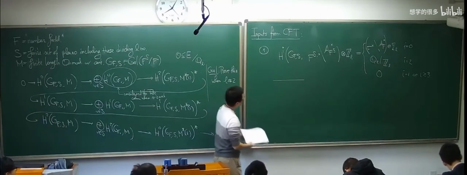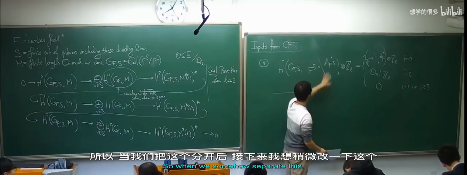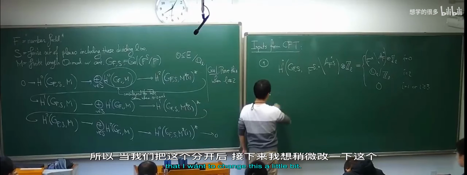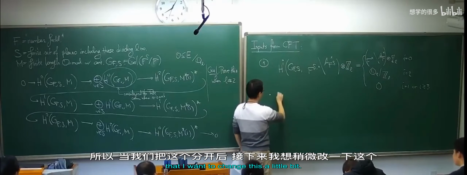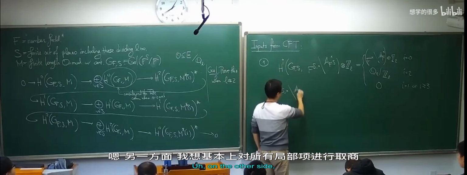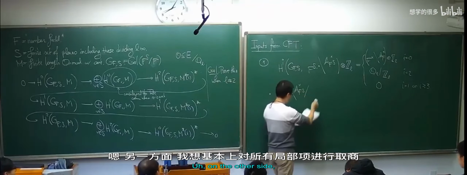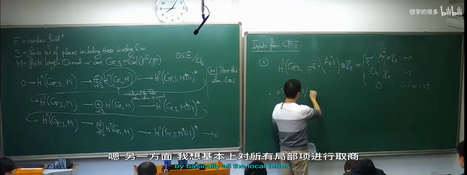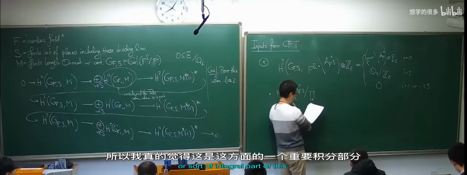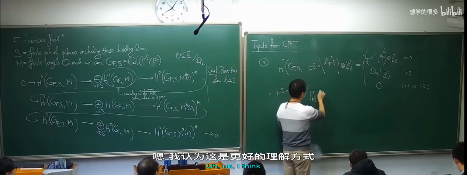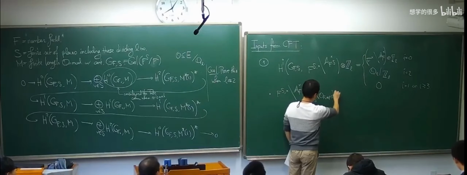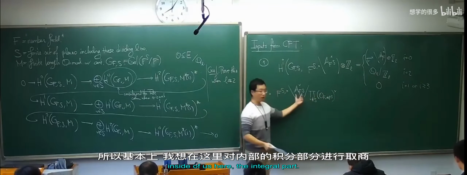Next, when we somehow separate this, the next thing I want to do is change this a little bit. Essentially, I want to do this. On the other side, I want to quotient out by basically all the local terms, so the unramified part of this, or sort of the integral part of this. I think this is a better way to write this. So basically, I want to quotient out inside of here the integral